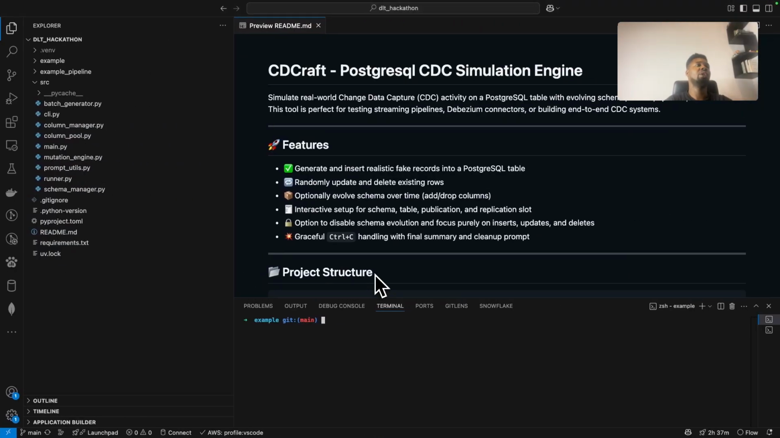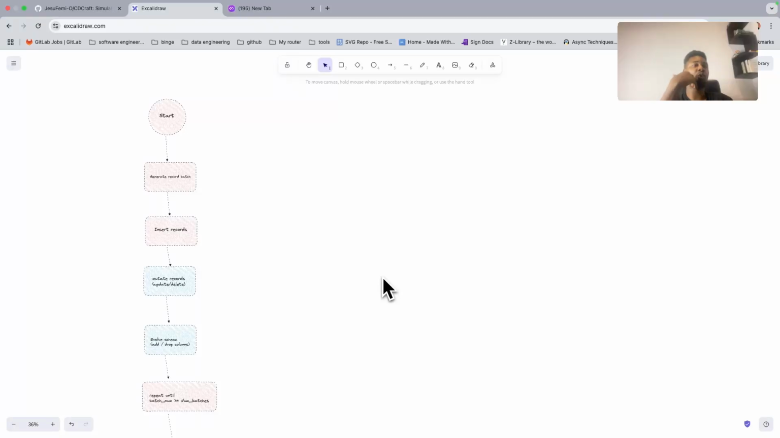Alright, hi guys. So in this video, I want to introduce you to a tool I built. It's called CDCraft, and it's basically a tool that is used to help you simulate real-world change data events in your source system. I designed it because I'm currently working on CDC against PostgreSQL, right? So typically, people would want to take the log-based CDC approach to capturing changes